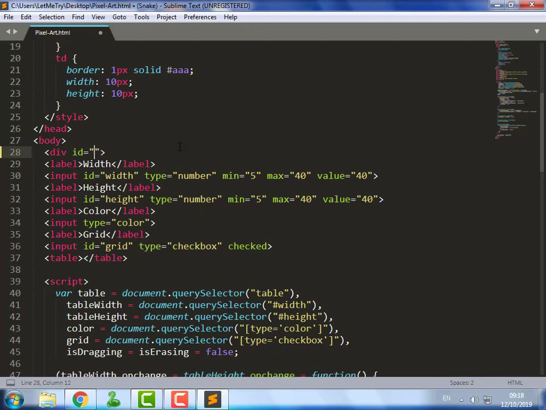Let's wrap these input elements in a div element with an ID tools.